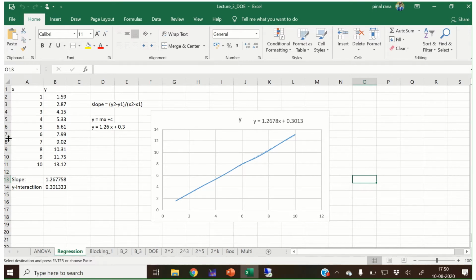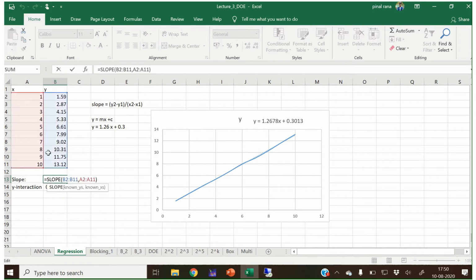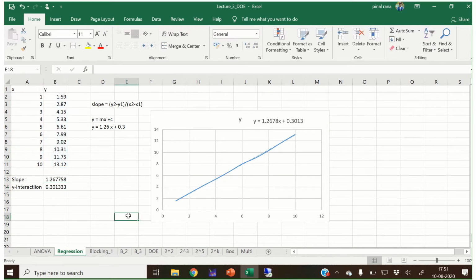Okay, so here I have taken two different data. x varies from 1 to 10, and y is any random number that I generated. This slope I have obtained from these different values, and this intercept is the value at which the line intersects the y-axis. Okay, so this is simple. I have used an Excel formula in order to do that. You can also do it manually using the standard maths formula.